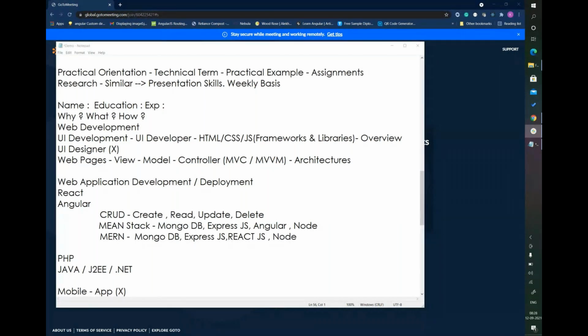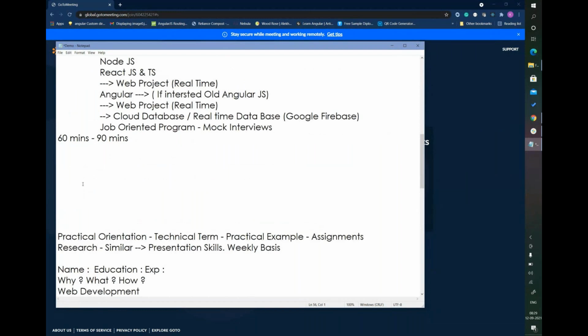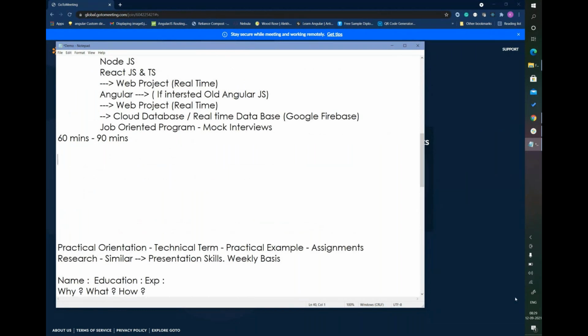Okay. Thank you. I think Vishnu already sent me over the chat window. So most of the people are freshers with little experience in IT, and I would like to have a simple poll over here. Let me understand what you're looking for. How many of you are looking for only Angular?